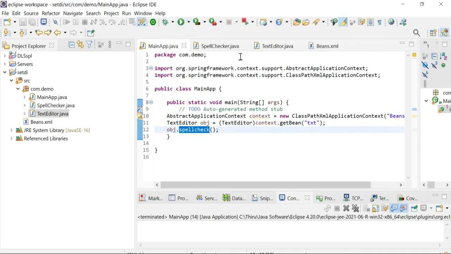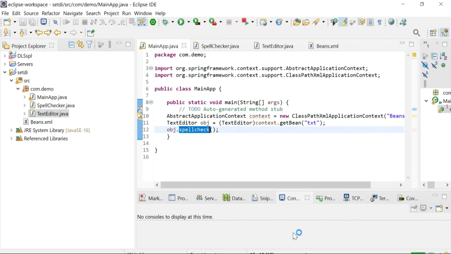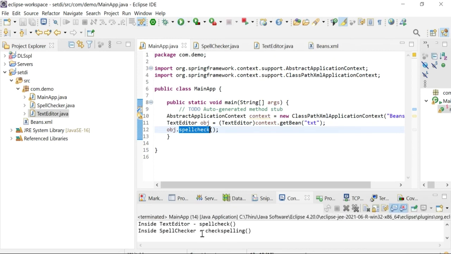So when I run, I get the output. What is the output I get? Let me run this. You can see in the console, we have got the output. First we have got inside spell checker constructor.